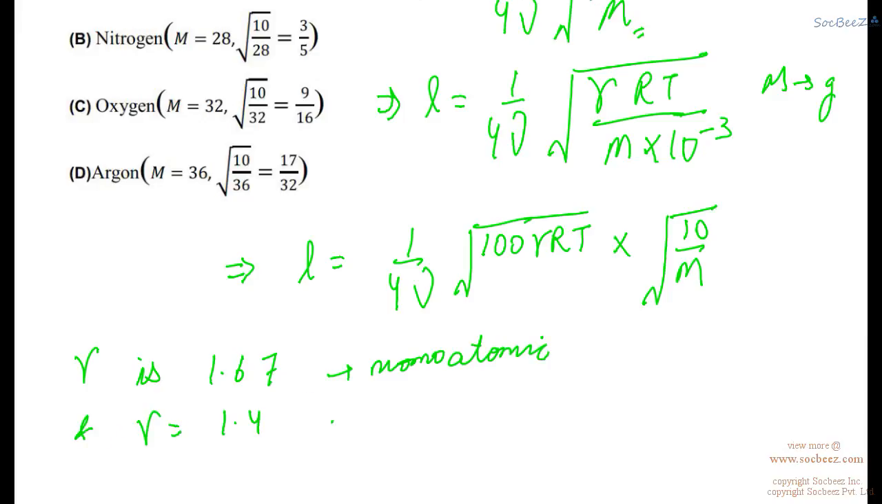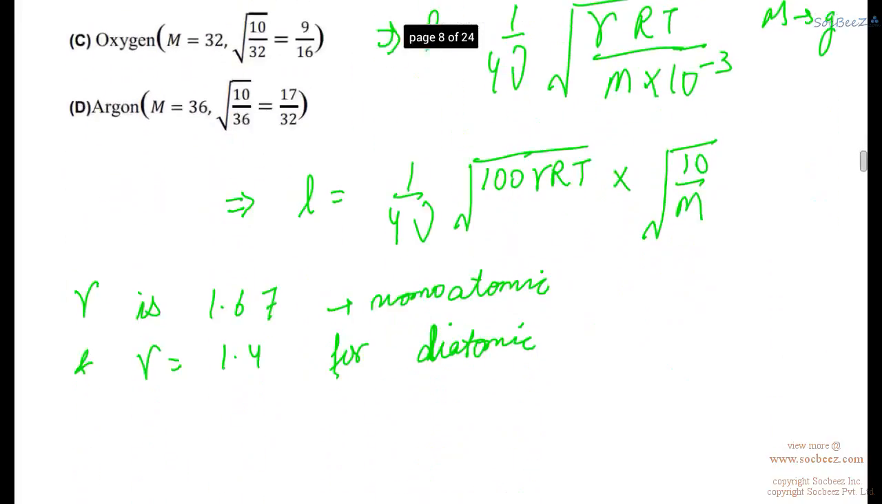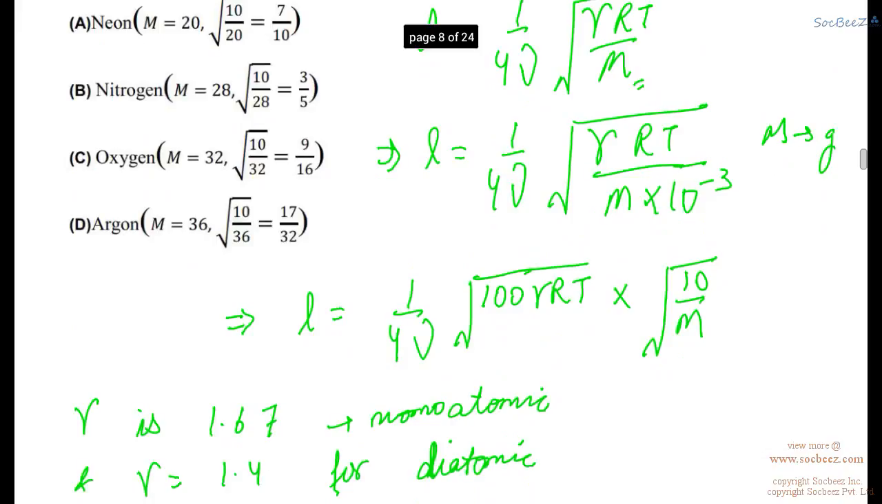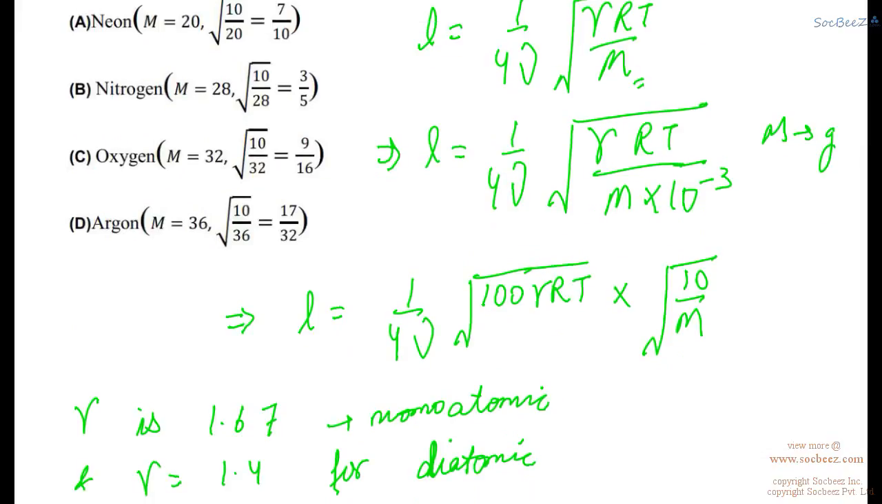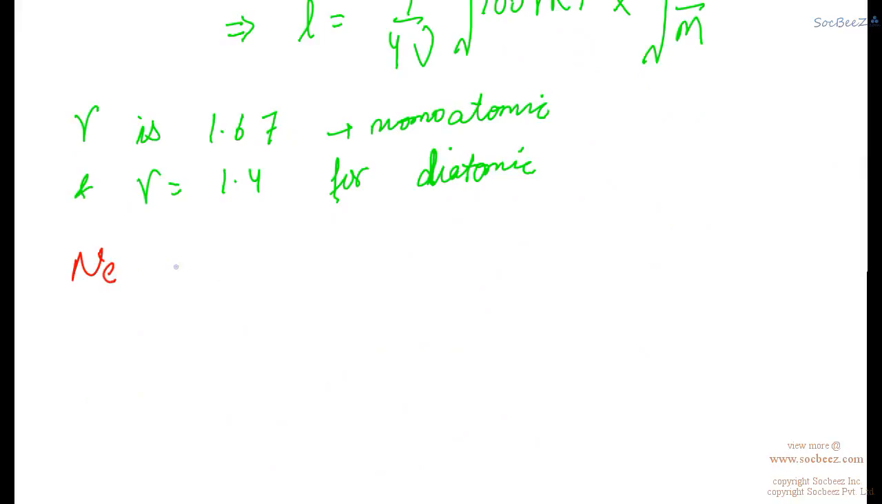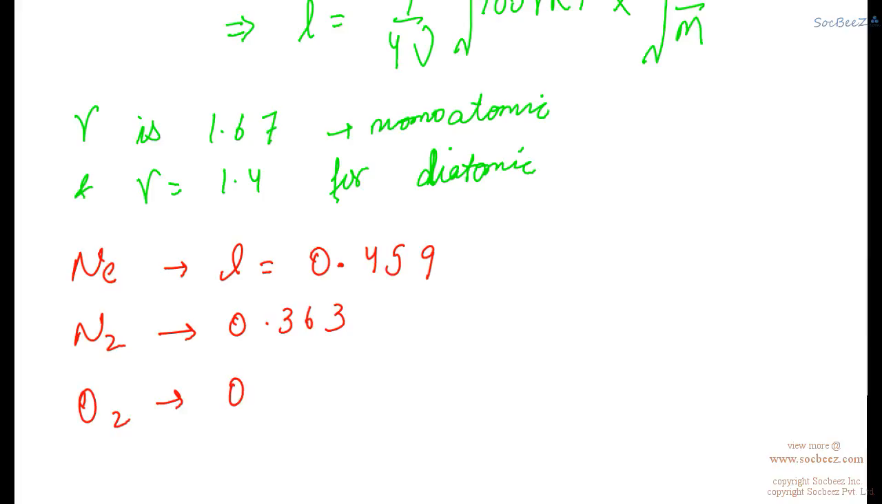And gamma equals 1.4 for linear or diatomic gases. So if we substitute the value of gamma, then in case of neon, we will get the value of L as 0.459, and in case of nitrogen, we will get the value as 0.363, and in case of oxygen, we will get the value as 0.340, and in case of argon, we will get the value as